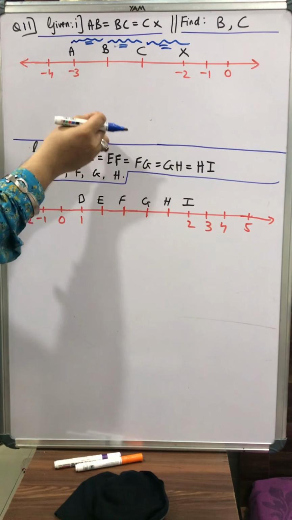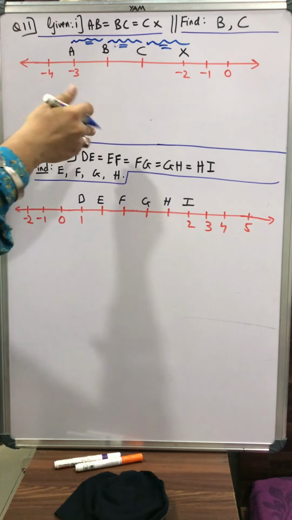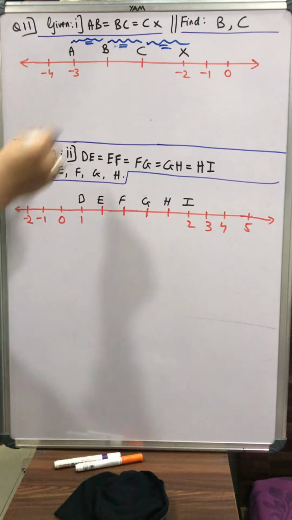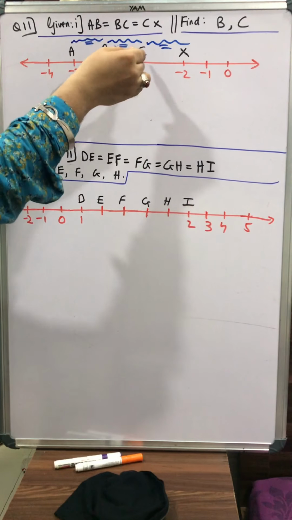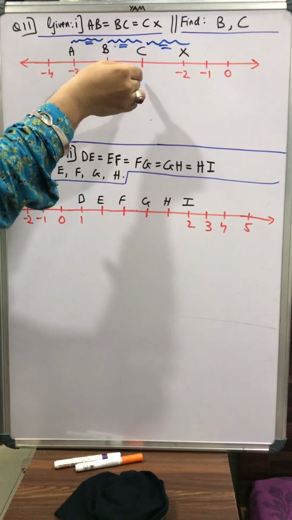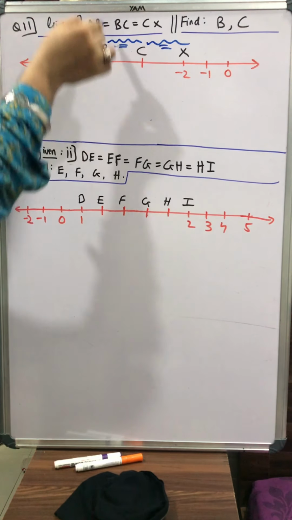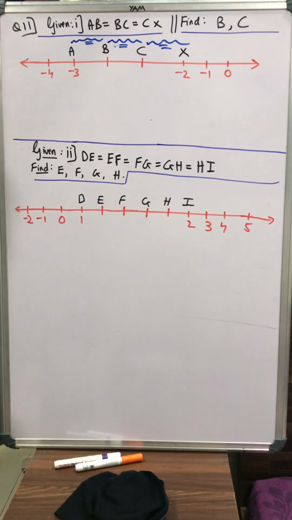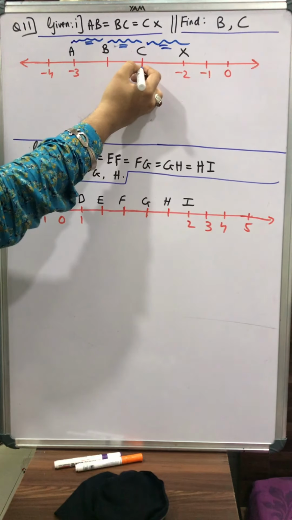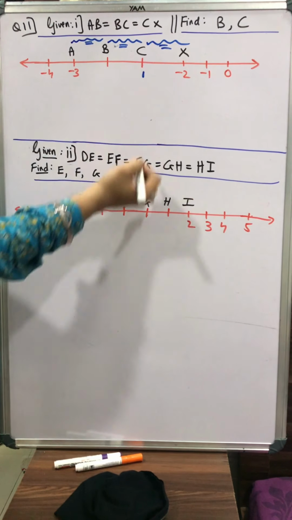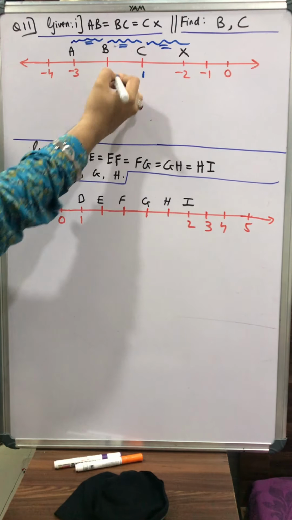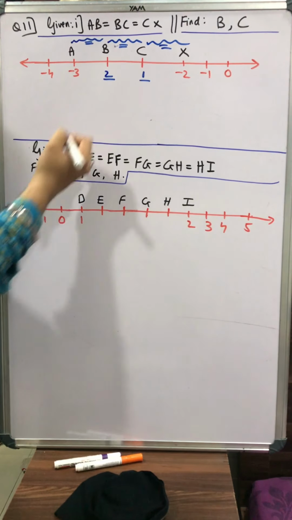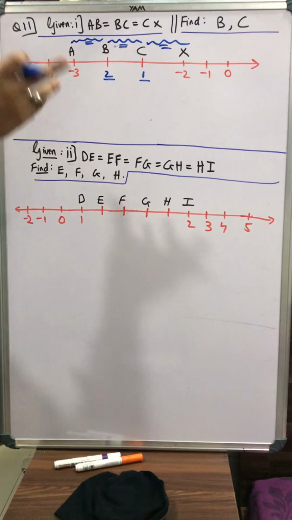Because you will say, sir, we had cut the cake with 2 strokes. This is my first stroke, this is my second stroke. With the knife, this is the knife, we cut the first time and the second time, we cut 2 times, so we got 3 parts. We do it like this, right? So can I say this is my first stroke, so I'll write here 1. This is my second stroke, so I'll write here 2. And I told you, always in the denominator what will come? The number of equal parts obtained.